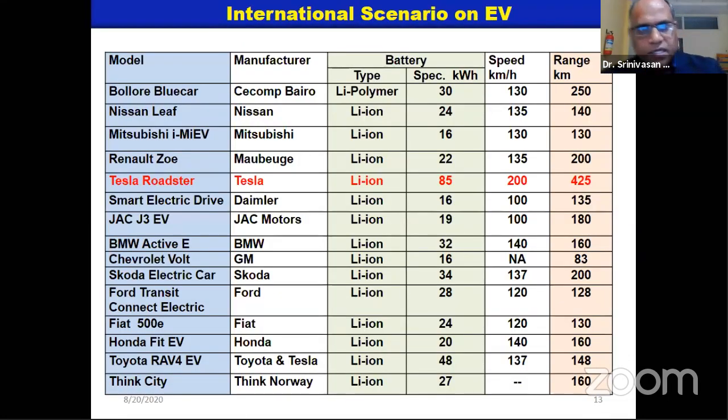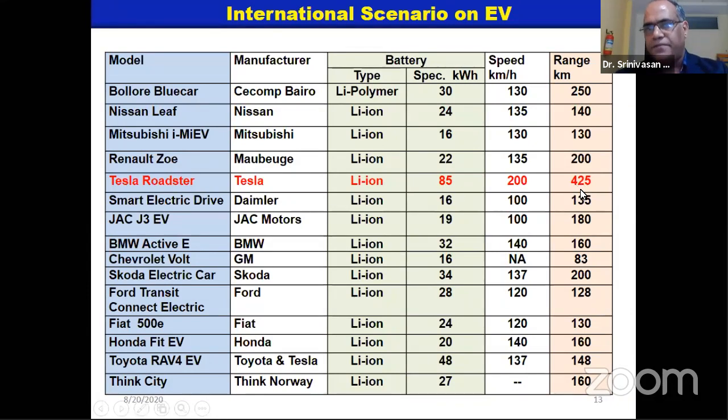This slide shows the electric cars which were introduced by various automobile companies, starting from Nissan Leaf, Mitsubishi, Tesla, and many Japanese companies, they are involved in the electric vehicle business. Among all these, the electric vehicle introduced by Tesla has a capacity of 85 kilowatt hour, which can go up to